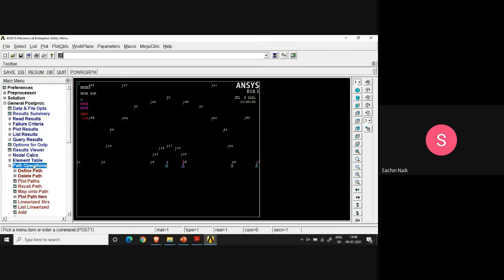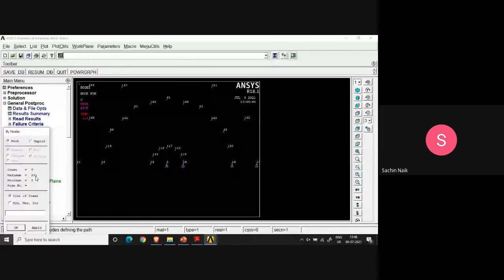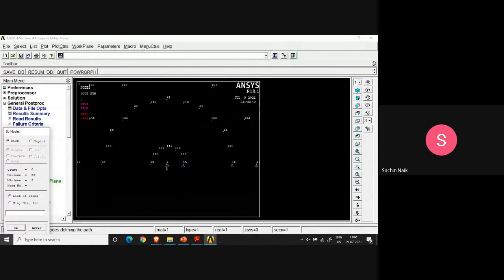In the path operations, you have the option define path. Okay, so in define path, you define it by nodes. And you have to here specify the nodes that correspond to the path. The crack path is 2, 13 and 12. That's the way it has to be defined.